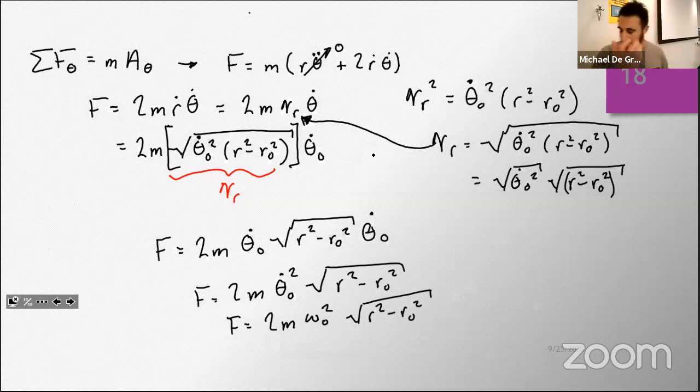If you're looking at this from a design standpoint, I want to hit a certain force, or I need to be below a certain force on this block, because you take materials and find out that this material is not really great beyond a certain force level. Well, theta dot is just omega. So omega is our angular